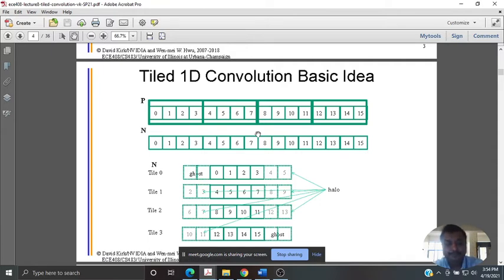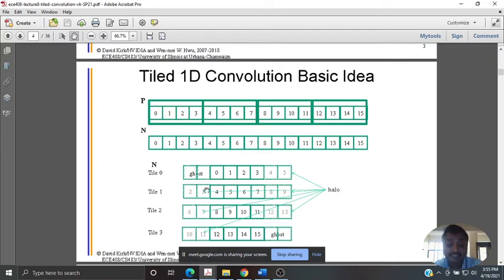Now, consider this 1D convolution. P is the elements to be produced. Most often the P tile size is considered as 4. So in this example, 0, 1, 2, 3 is one tile, 4, 5, 6, 7 is another tile, and so on. N is the number of input elements. For computation, the mask size, which is not stated in this particular slide, is considered to be 5, because the output tile is 4, the input is also considered as 4, and the radius was computed as 2.